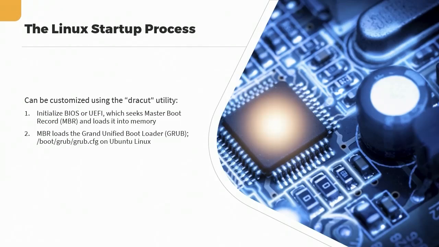Now, the GRUB bootloader can present a menu, such as if you've got emergency mode as a separate startup option, assuming that the machine is well enough to get to that point in the first place. Otherwise, you could use a startup disk. Or if you've got a multi-boot machine, you can select the menu entry for the OS you want to boot into. So assuming we select a Linux installation, or maybe there's only one on the machine,